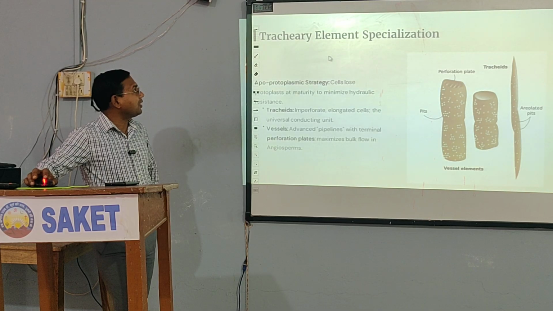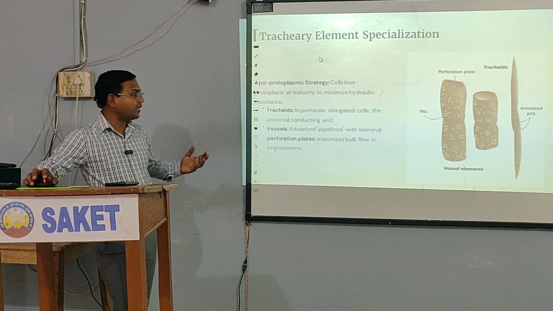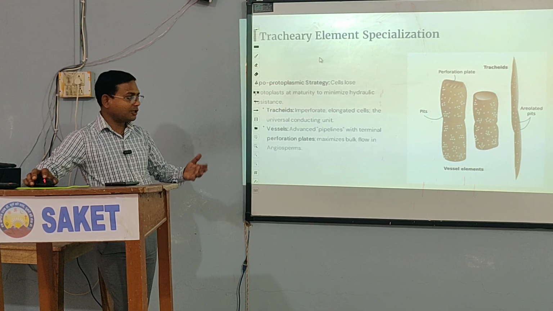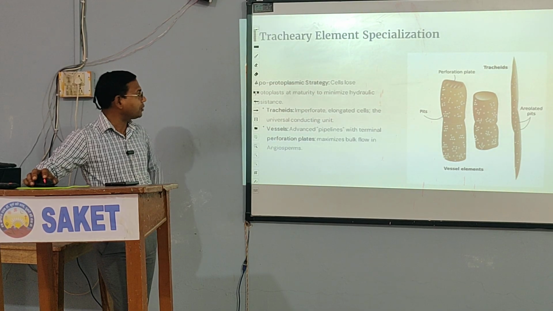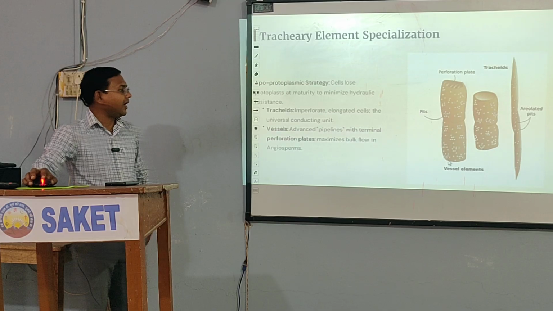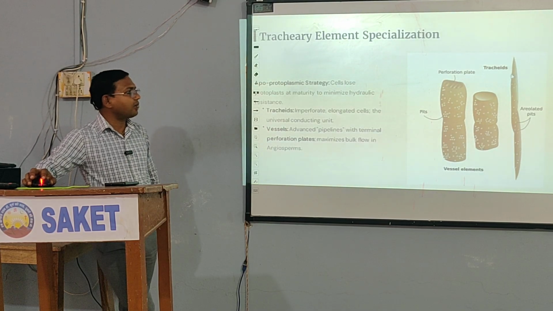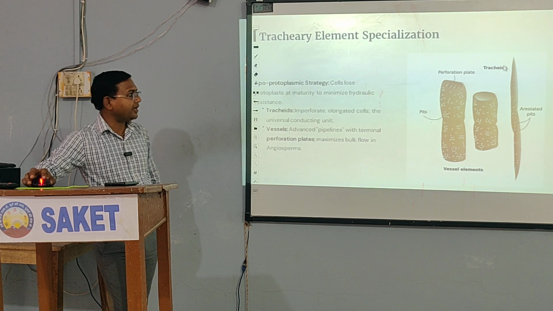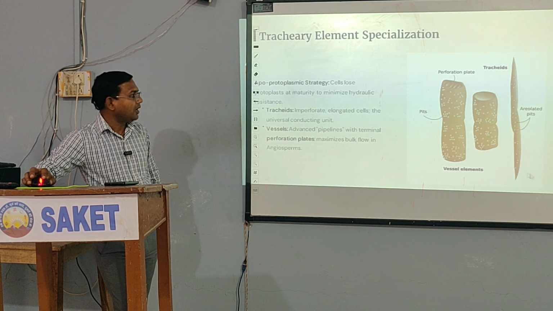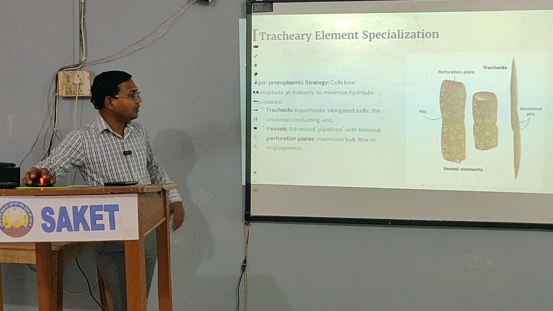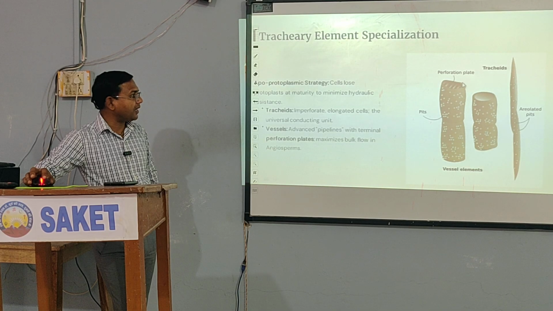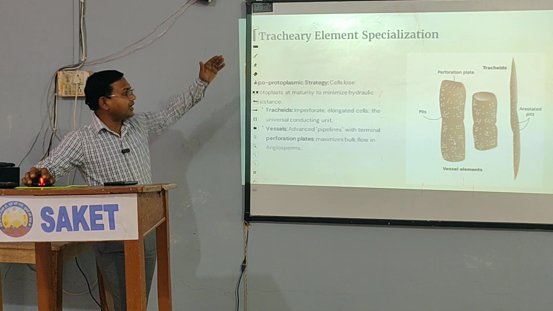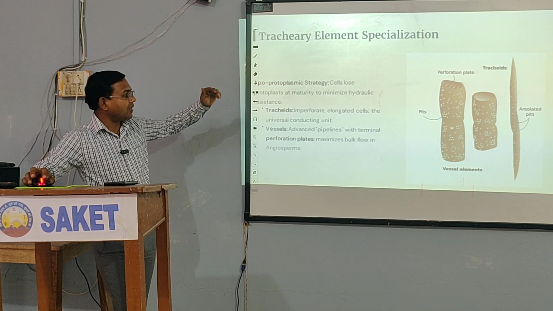So let's discuss what are the elements present in the xylem which actually transport the water from the root to the top of the plant. So they have tracheids and vessels. Tracheids are mostly, as you can see, long cells with tapering, pointed ends, and the end is closed, while the vessels are wider cells, and they have a perforation plate at the top, and one after another they are arranged, like you can see two vessel elements arranged in this diagram.